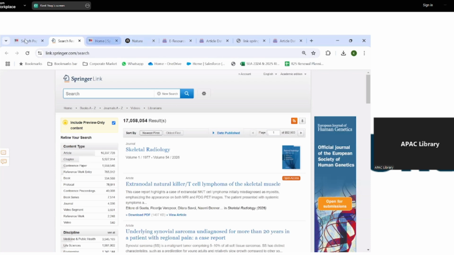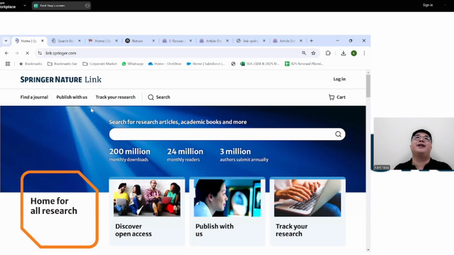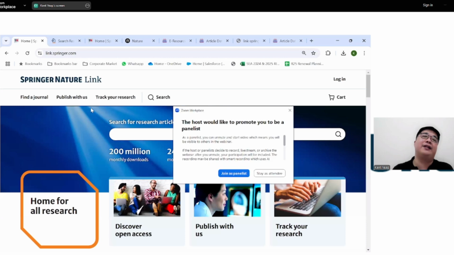Great. Okay. So what I've showed you so far was purely Springer Nature Link, and this will be like 95% of all the content that you have subscribed by the library for you to use. I would recommend this as the go-to place. Even if you wanted to get to Nature, it is possible to do it via this website as well, but I will specifically showcase that platform for certain reasons. If anything from today's session, it's good to highlight that this is a platform for you to go to for anything related to Springer Nature.